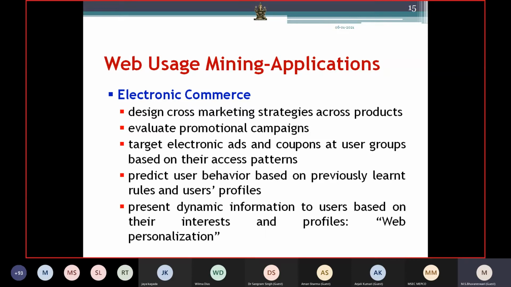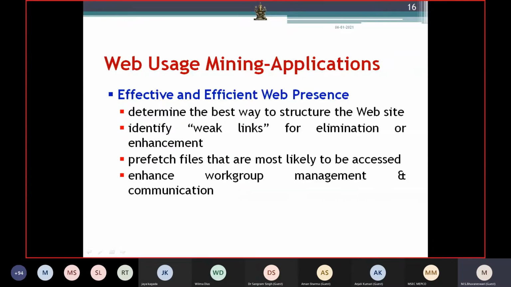That is cross selling. Then if they are interested in a few things, I'll give them a coupon, so if you use it, you can buy it. Based upon their interest, like that. All these things we can do with the help of item set mining. That is your web usage mining.